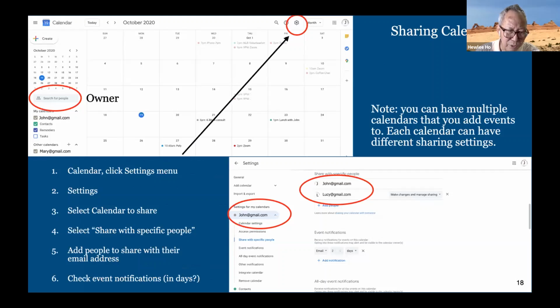Number 1, what to do. Number 2, what to do. Basically, this cannot be done on a smartphone, you have to do it on a laptop or desktop, because on a smartphone a lot of features don't appear. For example, the setting icon, I don't think you can see it on the smartphone. So you have to use the laptop to do it. You go to the setting icon, click setting, then you follow the steps.